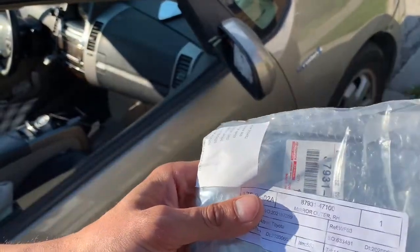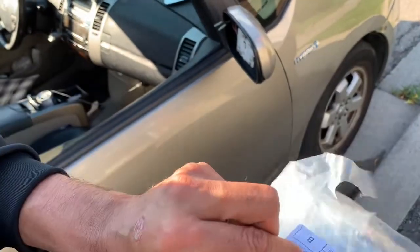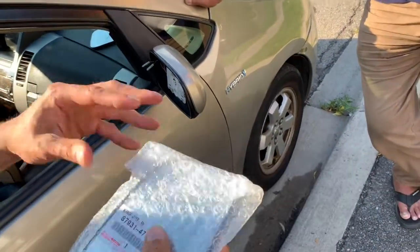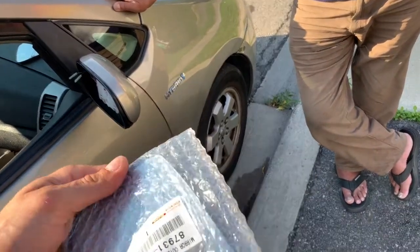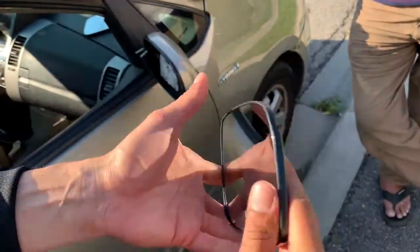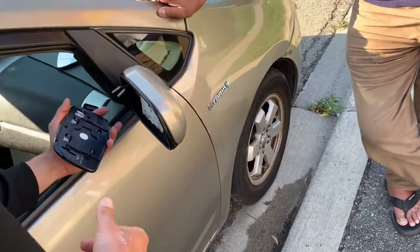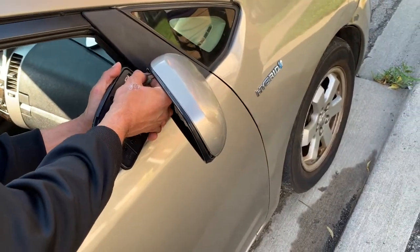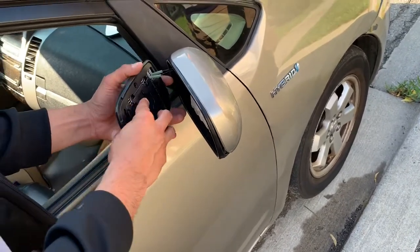Here's our new mirror, our replacement mirror. And what you want to do is put the wires back like they were before. So our wires are in,